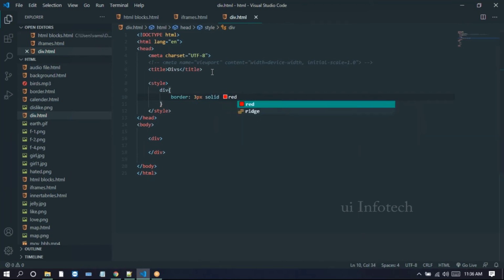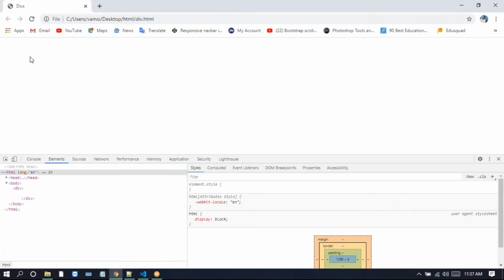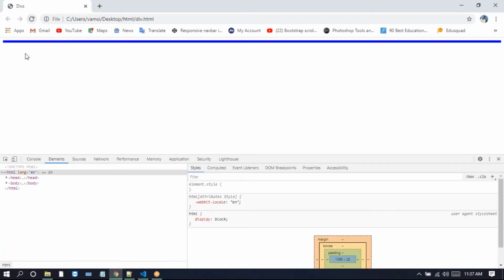Now we need to give some border, height and width here. Before applying this border, I need to tell you that I'm using the inline style. In the style, we can use the div tag, and for this div tag we can use a border. Here in this border, we give 3 pixels solid red, or else you can use solid blue.